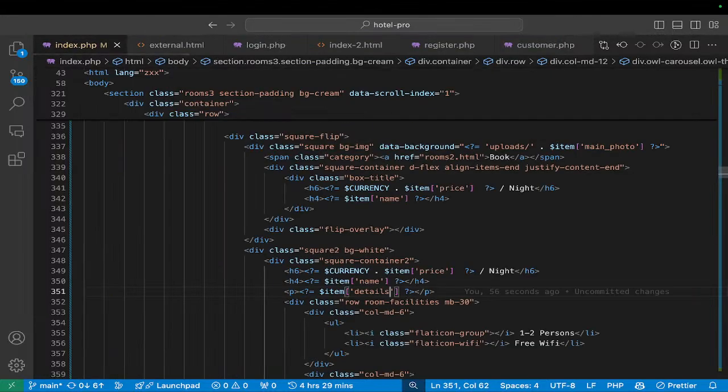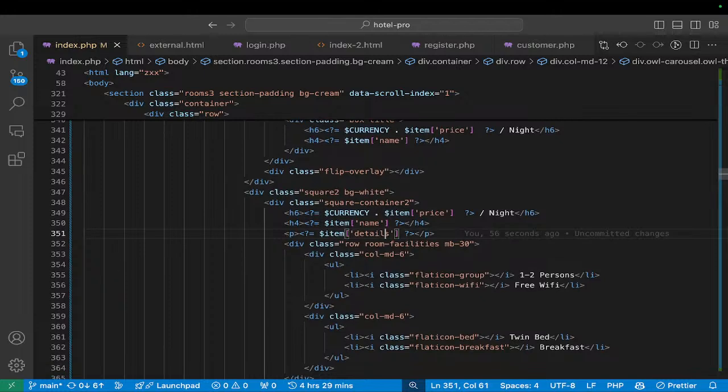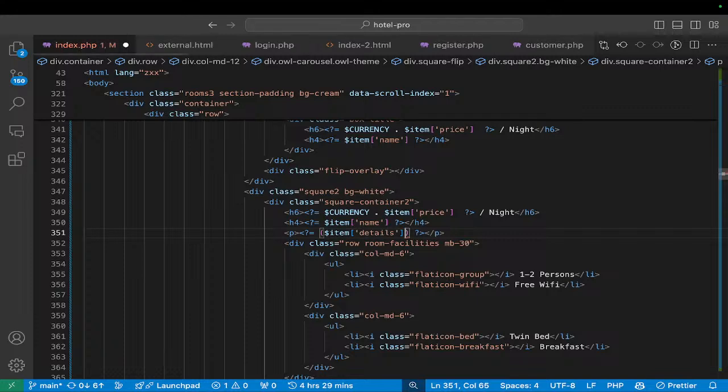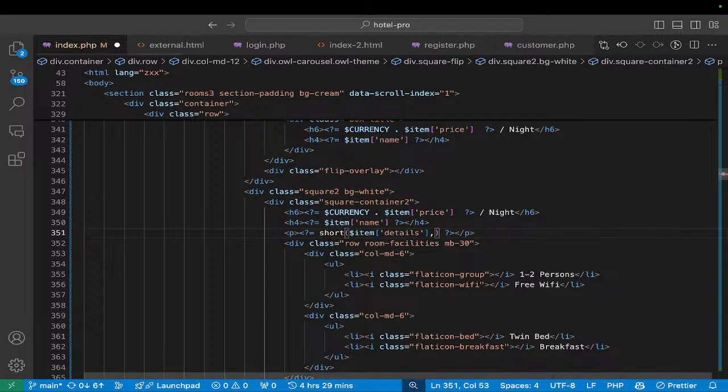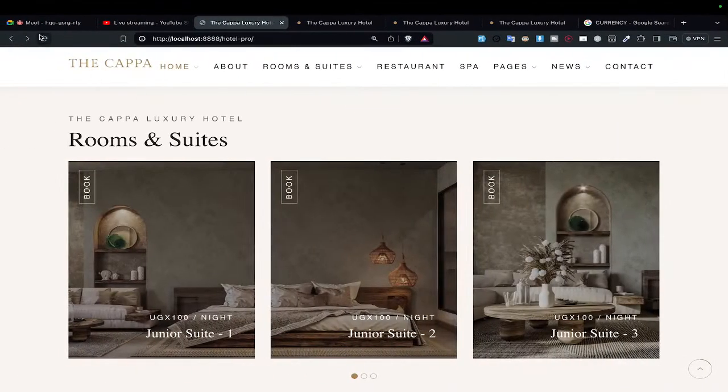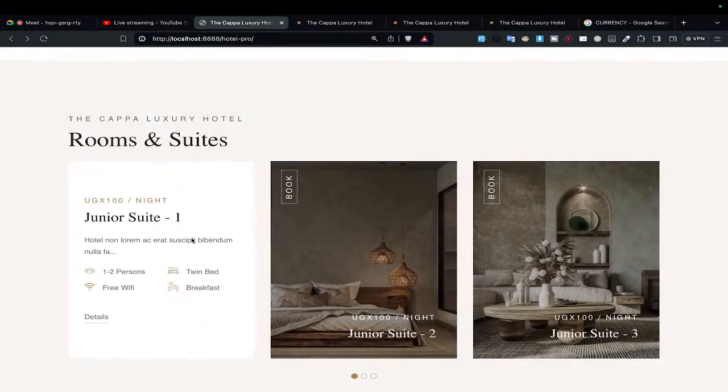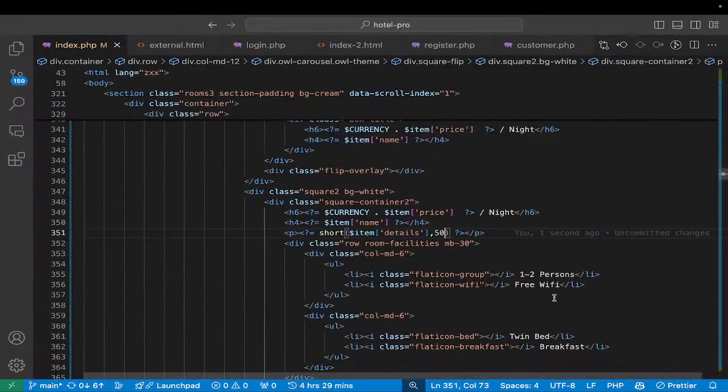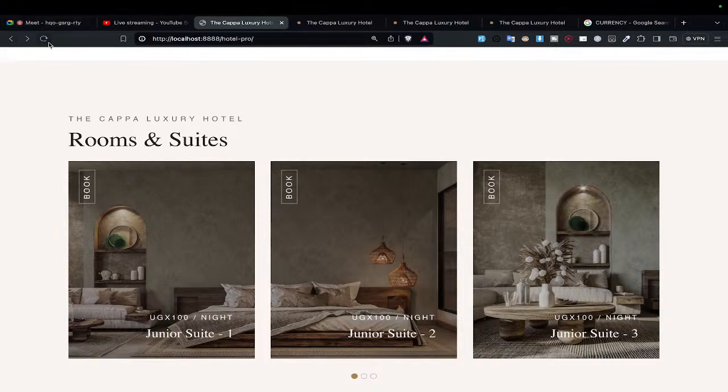So let's go ahead and now shorten this description. This is the function that we created. You can just simply put your comma and then first, second. So I come here and put short, and then I pass the item details, and then I can say maybe 50. If I come and refresh, you'll see that our text has been shortened. So I can go ahead and say maybe 80, and if I come and refresh,